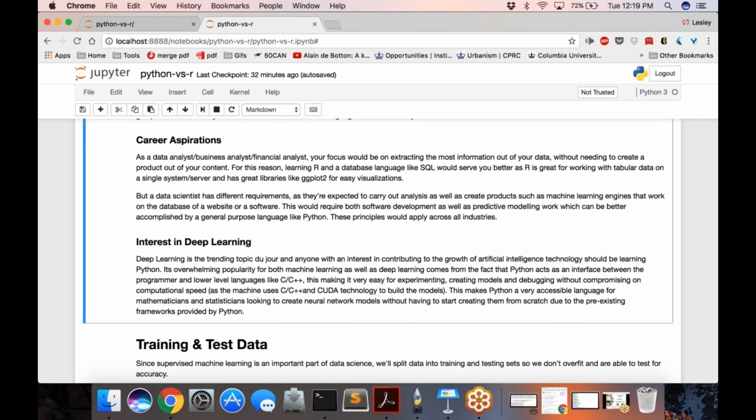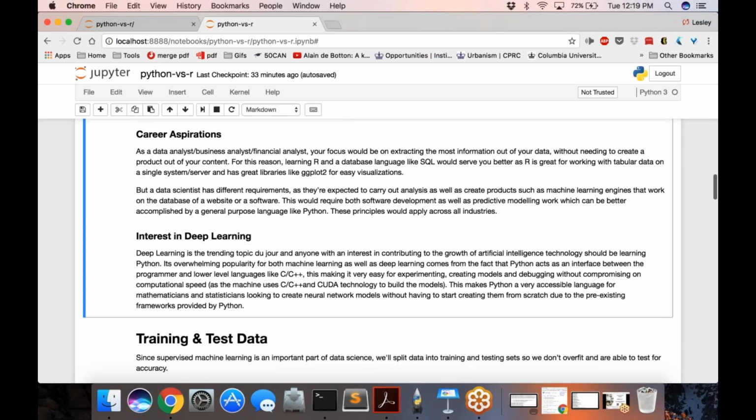Because of the nature of unstructured data, oftentimes it'll be a computationally heavy task. Python was built from a computer science perspective, so it was built with efficiency in mind more so than R. And because of that, Python is actually built in C and C++, and CPython, which is essentially the C version of Python, makes these deep learning modules work so much more efficiently and therefore faster. So because of that, Python is definitely a leading competitor within deep learning.